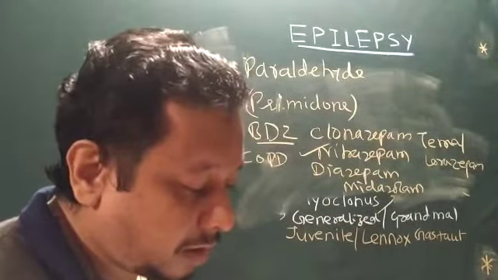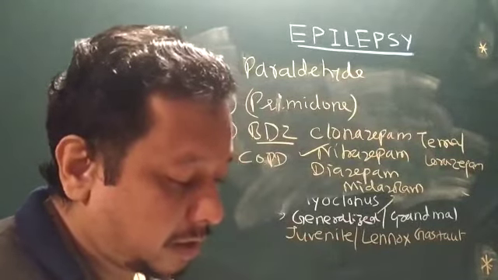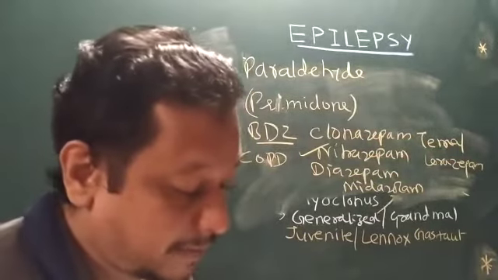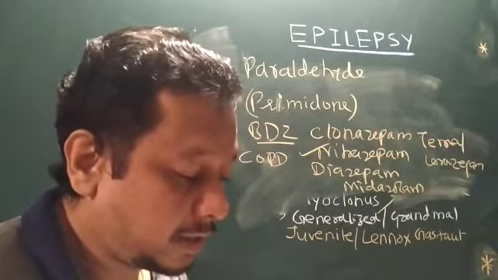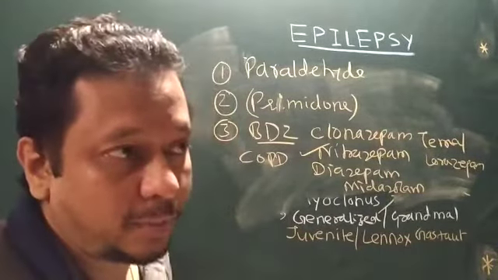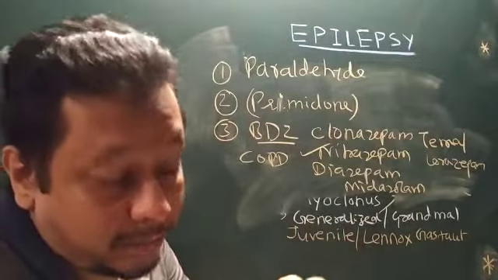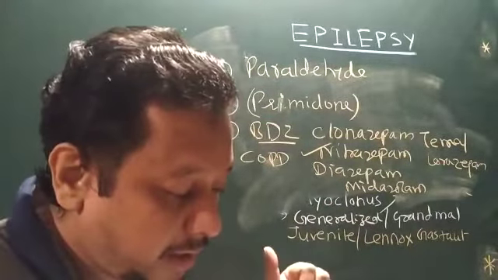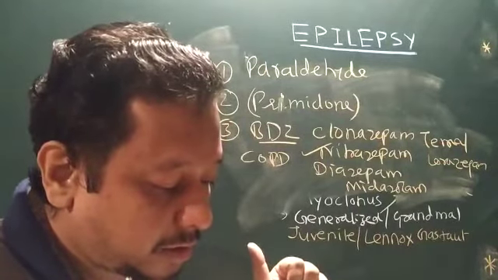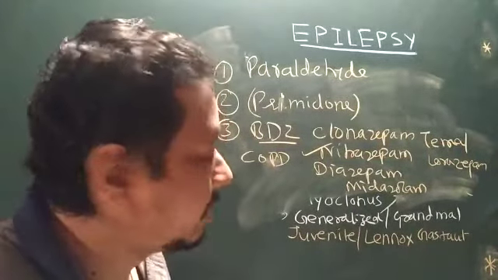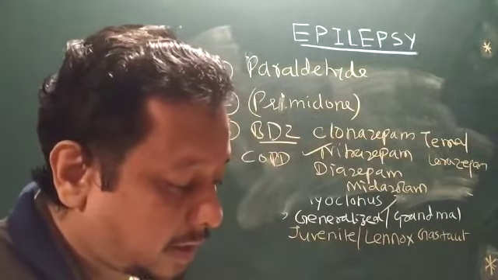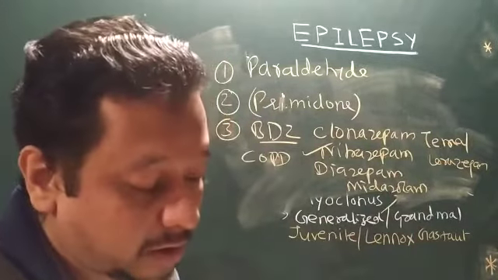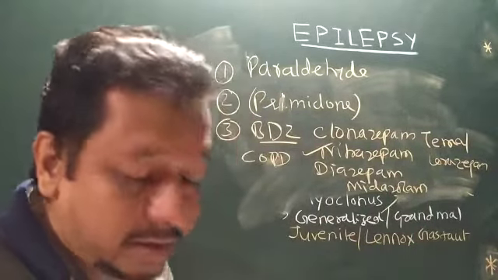Nitrazepam can inhibit the glucuronidation of morphine, and also it increases suicidal tendency. But its clearance is increased with the help of probenecid. As you know, probenecid can inhibit the clearance of penicillin, but over here, it increases the clearance of nitrazepam. Now this clonazepam is also used for panic disorders and akathisia, that is the movement disorder.